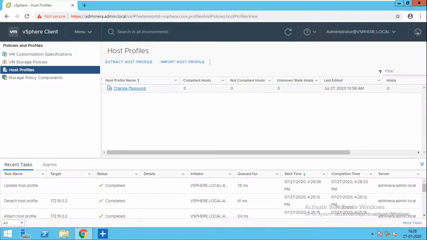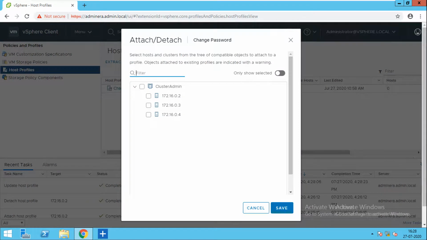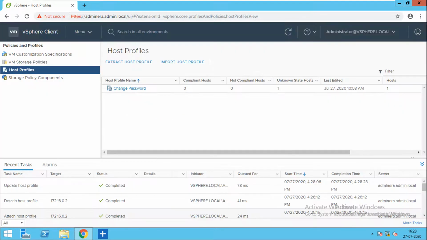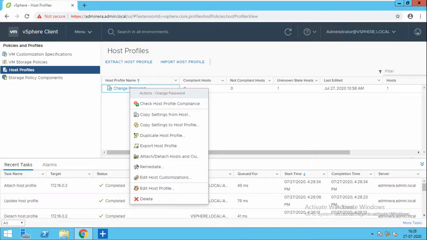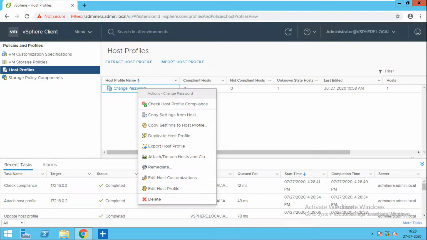Now I click on it, the attach option is there, and I attach it to ESXi 0.2. Now I go and check host profile compliance, and it is compliant. Check compliance is completed. Now there is an option to remediate.